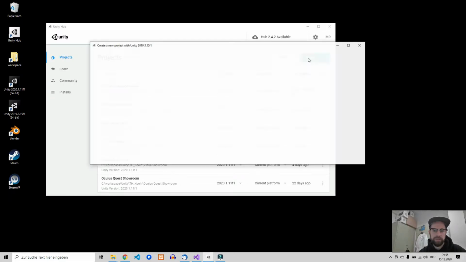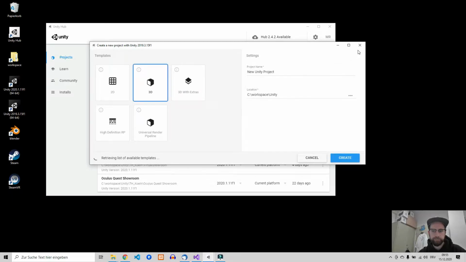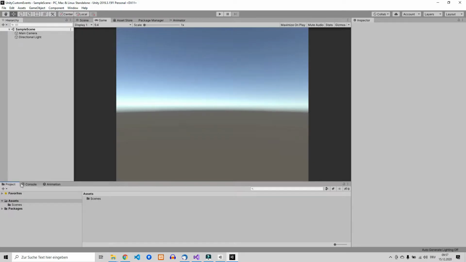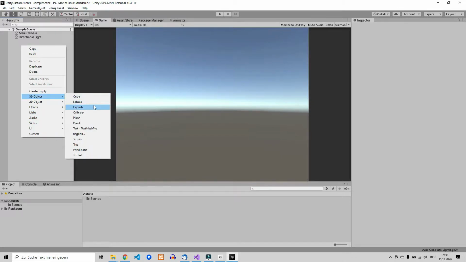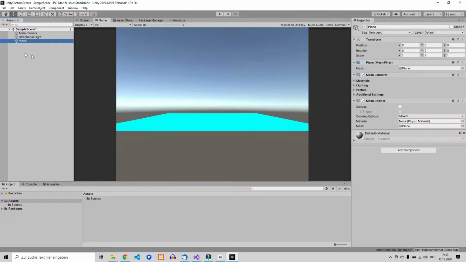So let's create a new project. Unity custom events. Okay, so here we go. This is just an empty example scene. So what we can do now is just add a plane in here, which is called our floor,